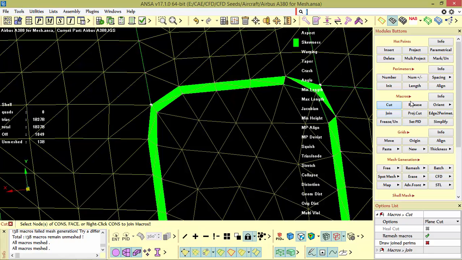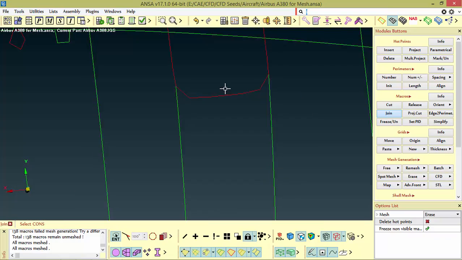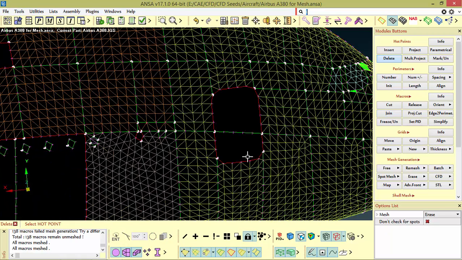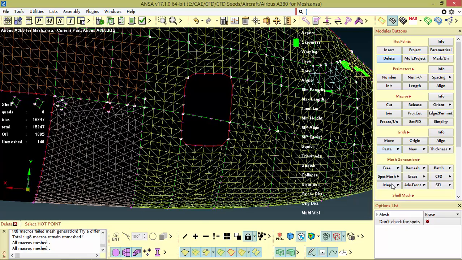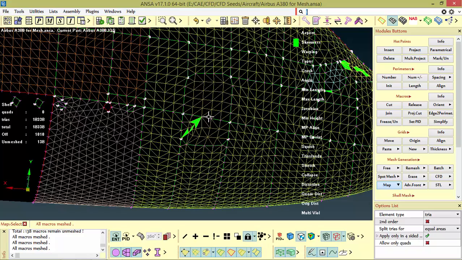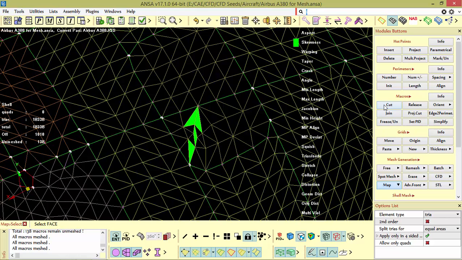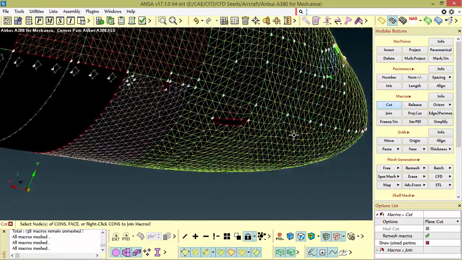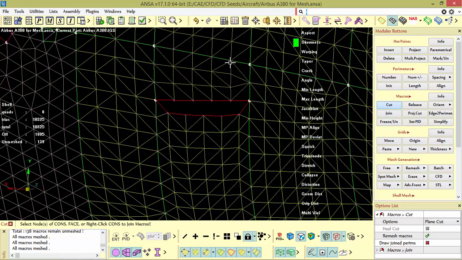So we cannot adjust this, so I am just joining the inner peripheries and also I am deleting the inner hard points. Now doing map mesh, select this one. Okay, it has performed, but here the map mesh is not good, so I'm going to cut. Okay, now we have a good mesh flow here and